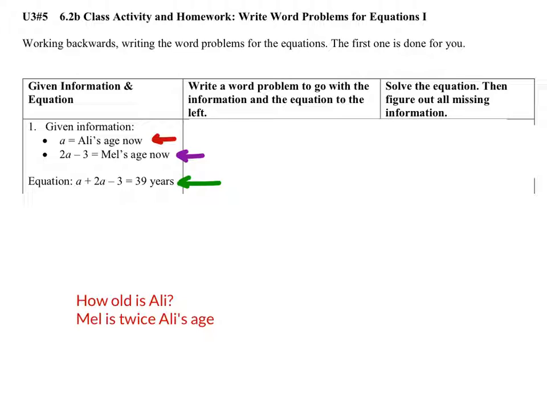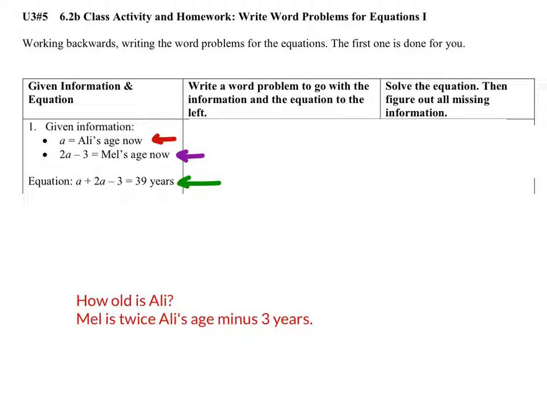So let's say Mel is twice Allie's age, or just minus 3 years. There we go, years. Okay? So that's 2 sentences, one for Allie's age, one for Mel's age, and then finally we need a sentence